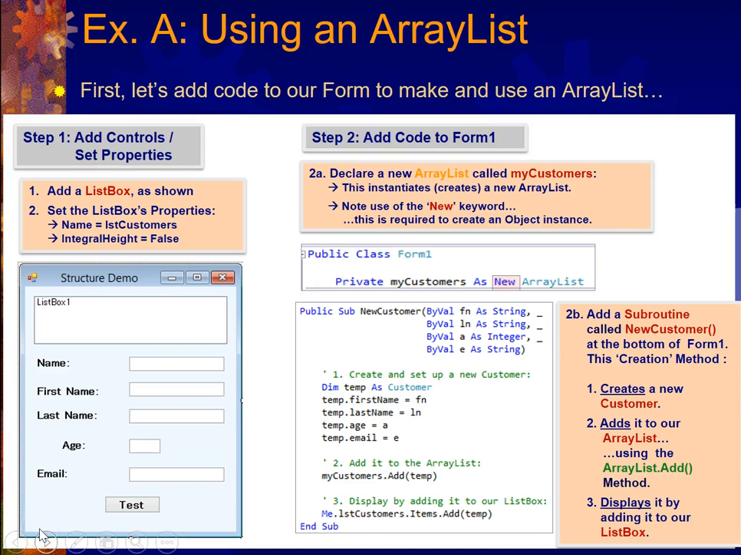Okay, so to get started with this, you need to add controls and set properties. So add a list box as shown and set the list box properties. Name should be this, and you can set this as false. Make it look nice. And then add code to the form. So we have this test button here, and we have our form, and you can go into the code editor,